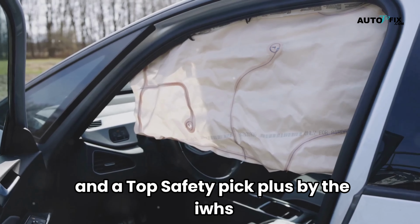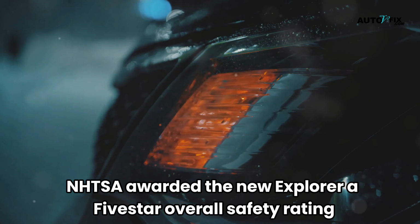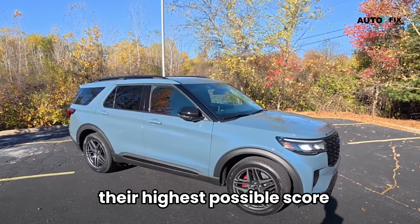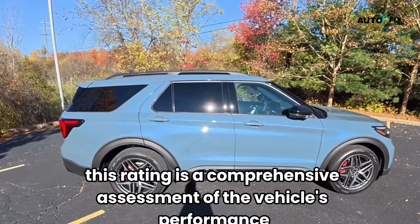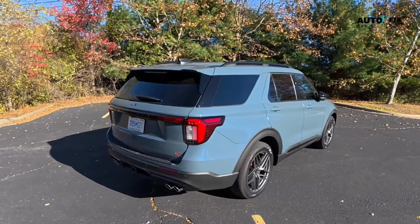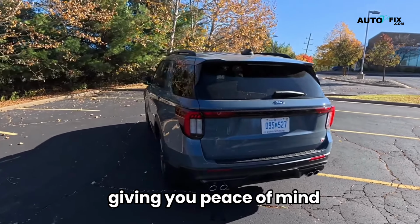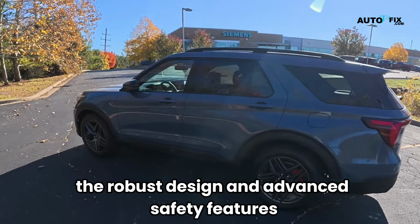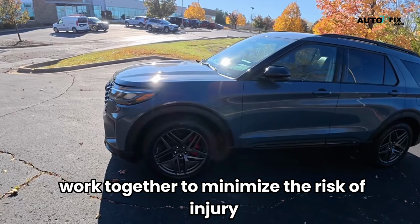by the IIHS. The National Highway Traffic Safety Administration, NHTSA, awarded the new Explorer a 5-star overall safety rating, their highest possible score. This rating is a comprehensive assessment of the vehicle's performance in crash protection and rollover resistance. It aced both frontal and side crash tests, giving you peace of mind knowing you and your passengers are well protected. The robust design and advanced safety features work together to minimize the risk of injury in the event of